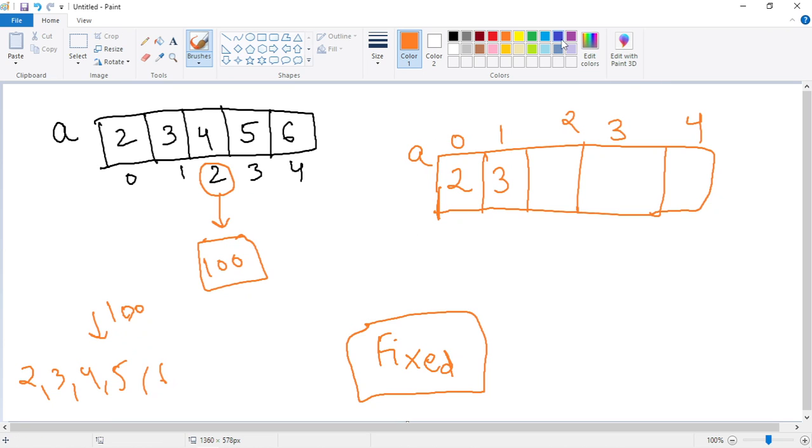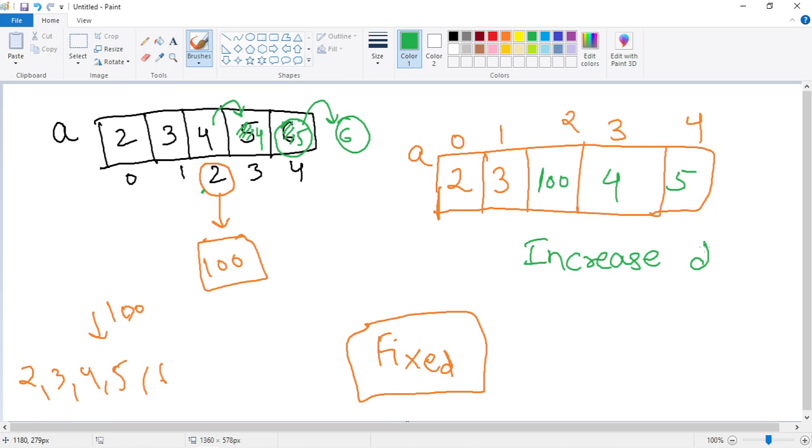Now when you try to insert an element at position number 2, suppose you have inserted 100. If you insert 100 here, what will happen? 4 should move here, 5 should move here, and 6 will not be present in our output. So this is what our final array will look like. When you do insertion in an array, the last element will be lost, because the array will not increase its size. This is the reason we use ArrayList, which we will discuss later.